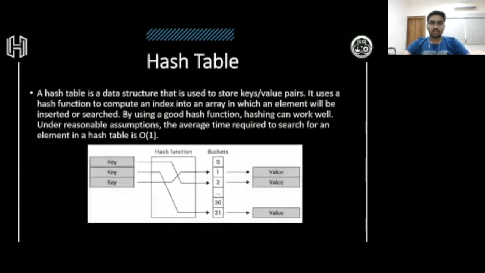Suppose 0, 1 and 2 are our array or hash table. If I use this example to show you, 0, 1 and 2 are bucket values. So 0 is empty. At the first position we have value 1. Then when 6 comes, it says 1 is full, so put me in the next empty slot. And when we iterate, the second slot is currently empty, so 6 will be filled in here.